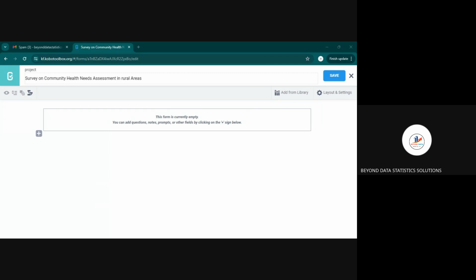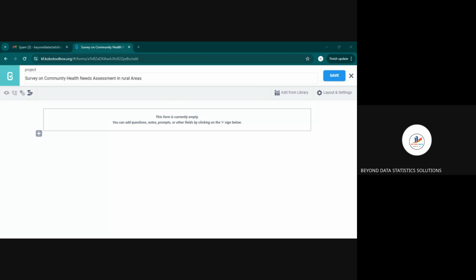You can select for organization. You can select that you are not aligned with any organization, and you can proceed to create your account. If you are aligned with an organization, you select it, but this is for learning purposes, so you are not aligned to any organization. Once you create an account, you'll receive an activation link in the email that you provided. So you go to your email, check the activation link, and click on it to activate your account. Then after you log in, you'll be led to the interface